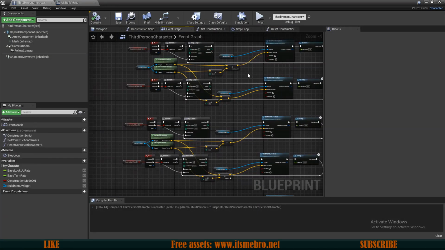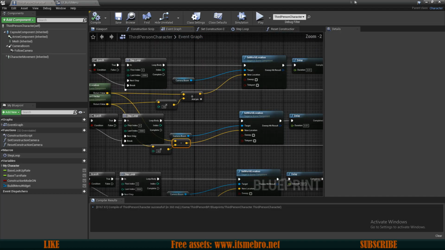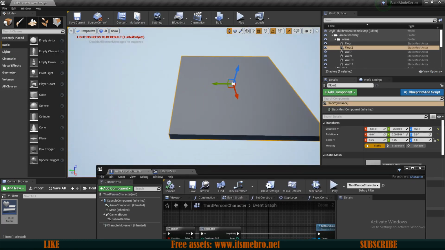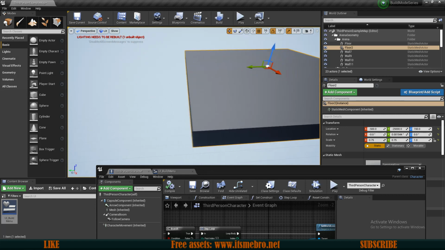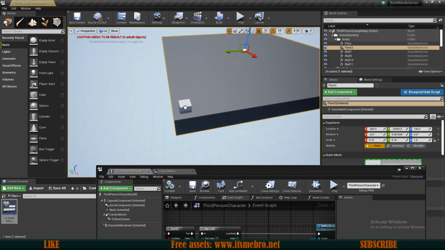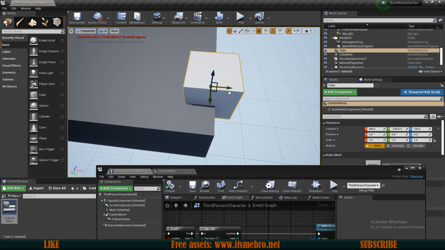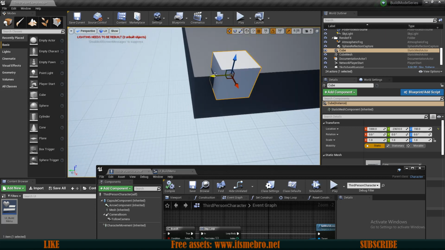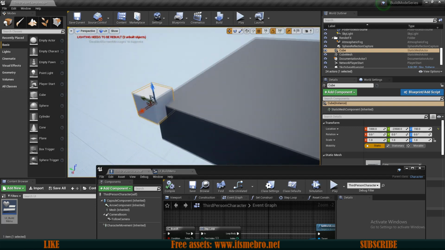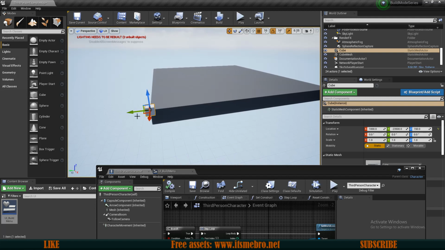So what we want to do next is clamp the values so that we wouldn't be able to basically fly out of this area that we have dedicated for our build mode. And what we need is the world locations. So I will add a cube and I will align this perfectly with the center like so. So this basically gives me the edge values. So X is going to be 1000 at the highest,